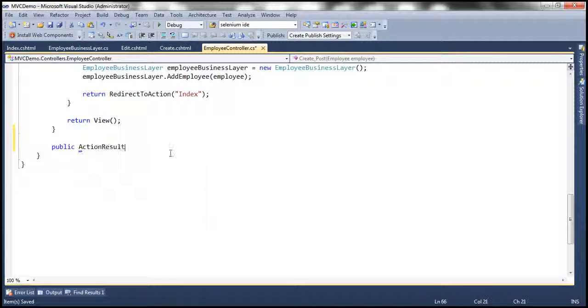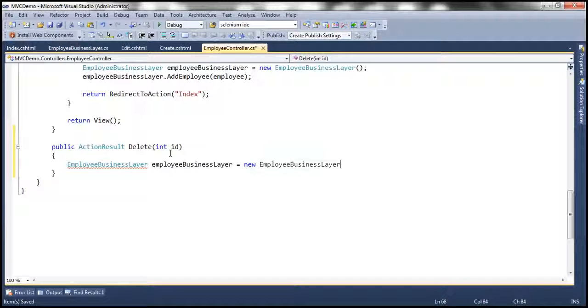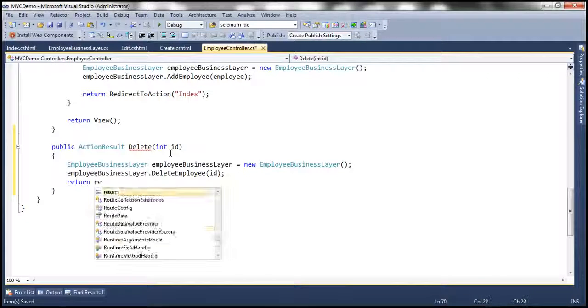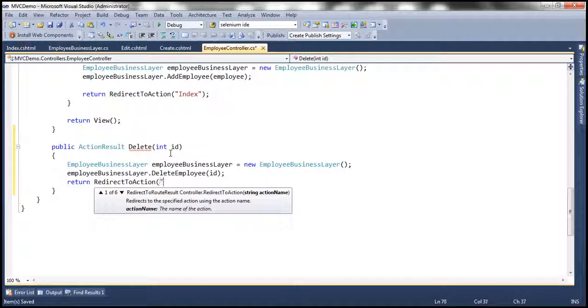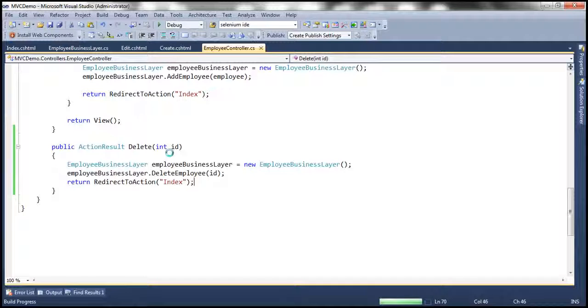This method is going to return action result, and let's call it delete. And let's give it the ID of the employee that we want to delete. Within this delete action method, let's go ahead and create an instance of our employee business layer class. And then this class has got this method delete employee, which can actually delete employees' data. So we need to pass it the ID of the employee that we want to delete. And once that is done, we want to redirect the user to index action, which is going to list all the users. That's it. With these changes, let's go ahead and run this and see if it's going to work